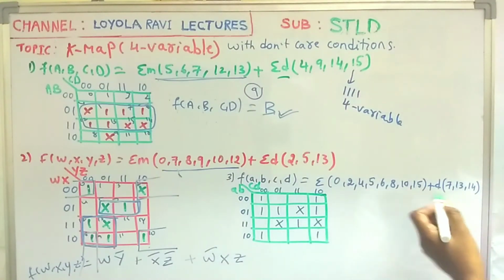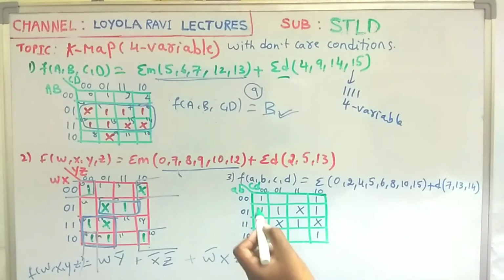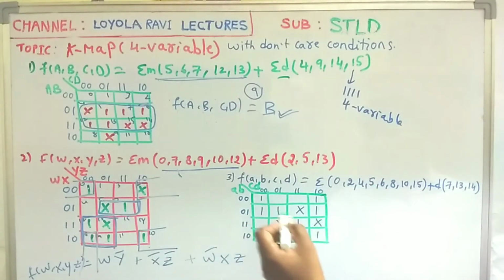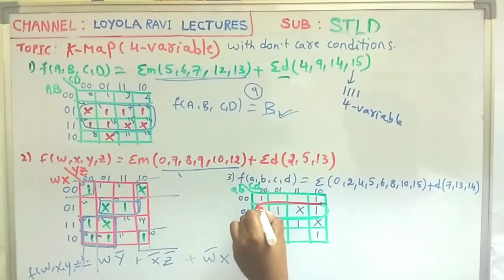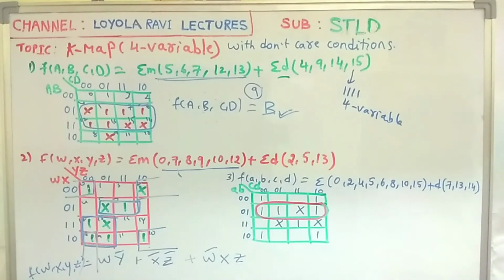Then again here, 15 means 4 variable K-map. Taking the 4 variable K-map, I am placing all these min terms, ones and zeros. Then here I am checking what are the possible combinations of quads or pairs or whatever it may be. Here we have to cover the maximum ones. This is one possibility. This is the quad. Here we are covering 1, 2, 3 min terms, 4 adjacent ones. If I am taking this don't care as 1, there is a formation of quad.